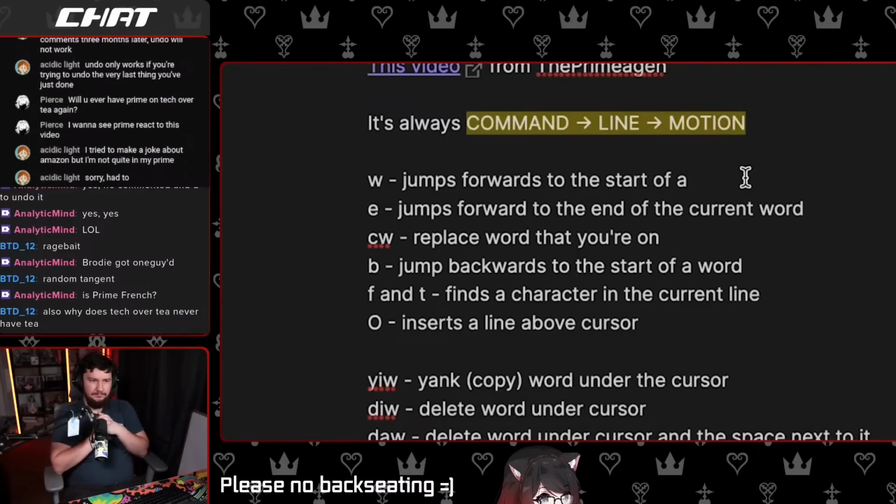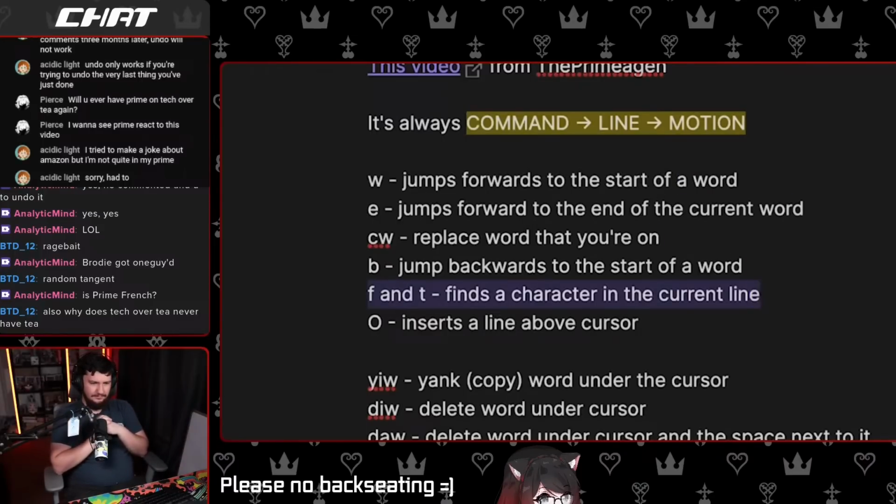And the command for delete is D. So if I press D and then W, it will delete the entire word because it deleted what my cursor jumped over. Now if I press U, it will undo. The same the other way. I can press D and then B, which will jump over this word. And so I'll combine a command, which is delete, with a motion, which is jump over the word. So if I press B, the A is gone. Beautiful. Let's move on to a few more keyboard shortcuts.